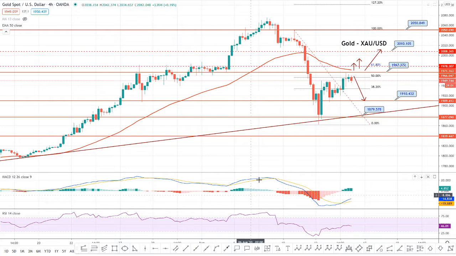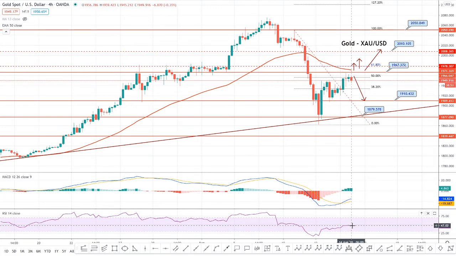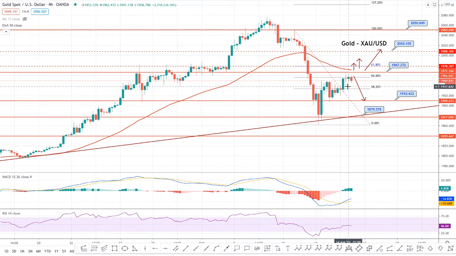So guys, if we take a look at the leading indicators, especially the MACD, it is suggesting a bullish bias, while the RSI is suggesting a bearish bias. At the same time, the 50 period exponential moving average is also suggesting a selling bias in the market. Therefore, we should keep an eye on the 1967 level to stay bearish below this particular level or to stay bullish above this particular level. Let's wait for the market to give us a closing above or below this particular trading